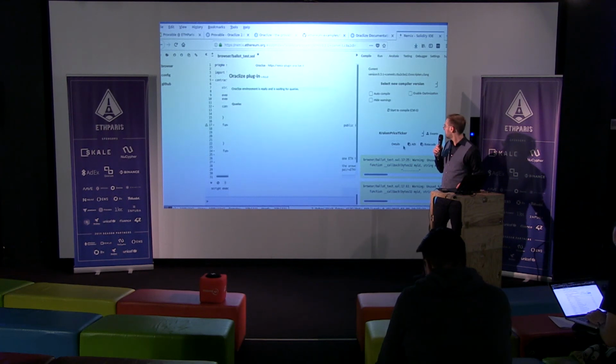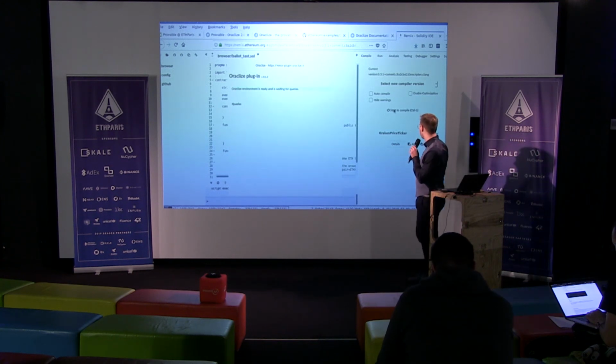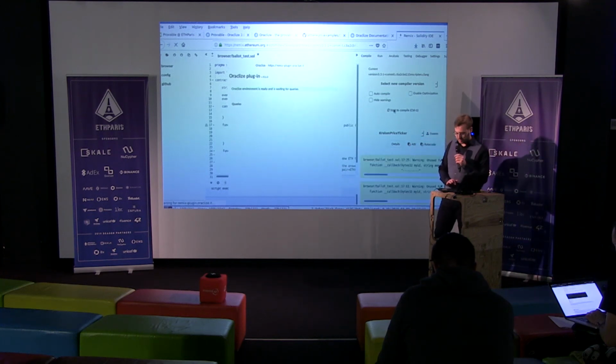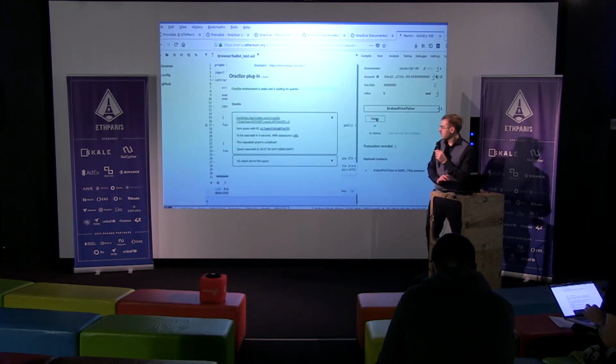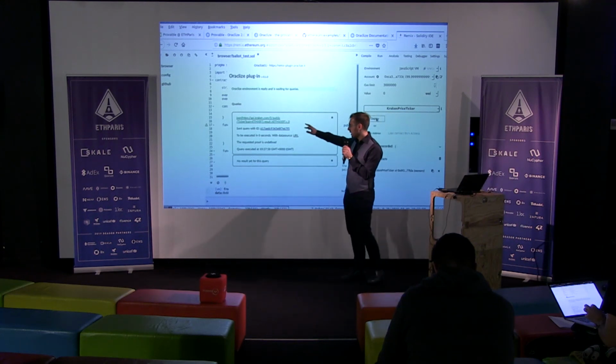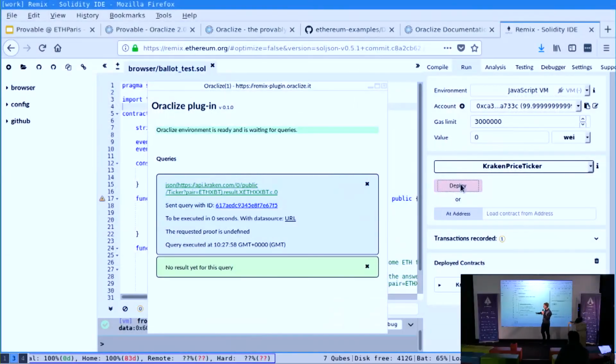And then you just compile the contract. This contract, well, I already compiled it. Well, let me do it again. So you compile the contract, and you deploy the contract. In the constructor, this is reaching out to Oracleize. So when you click on deploy, in theory, the plugin will show you that you have reached out to Oracleize with a query. It will show you some details on the query and the fact that there is no result yet because it's being executed off-chain now, right?